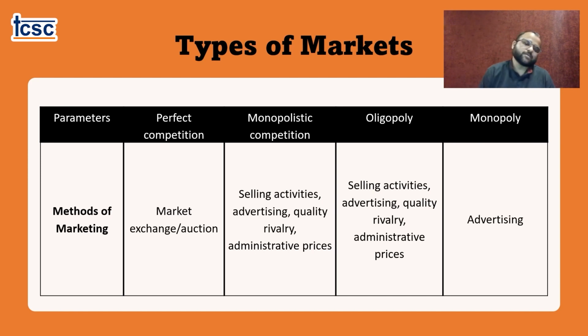But if you understand oligopoly and monopolistic, they have amazing selling costs. They have some amazing advertisements being done to get the attention of the customers and make them acknowledge their product so that they can go forward and buy it. But with respect to something like perfect competition, you do not have any major stuff, because in this form of market you would be either doing a direct exchange or auctions.